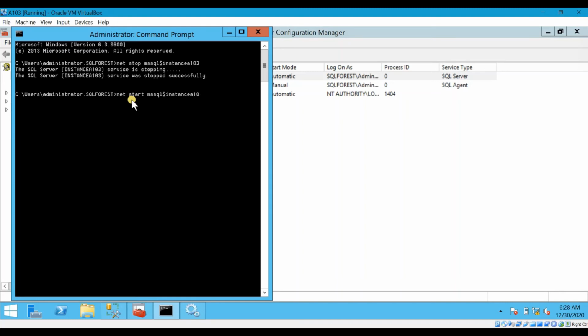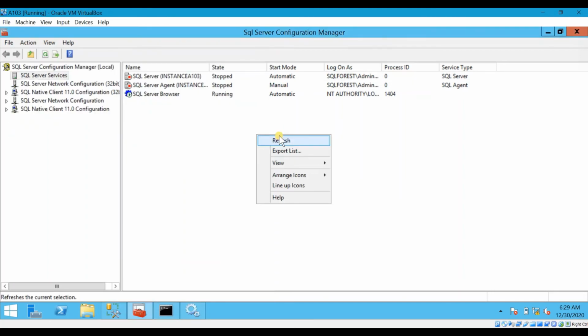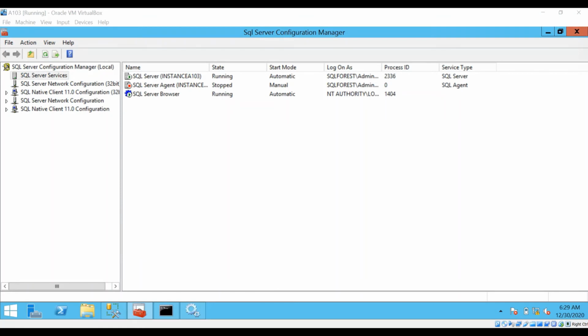My instance name is instance A103, and then give the /m and enter. The SQL Server is starting. The service has been started successfully, and you can check here. It is running now. It is running in single user mode.